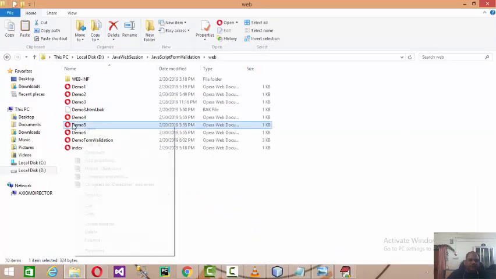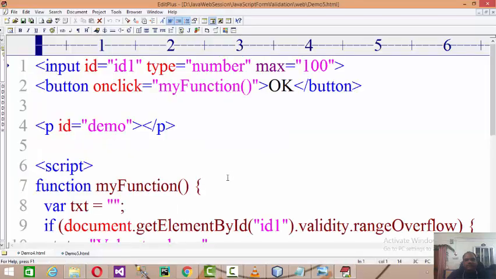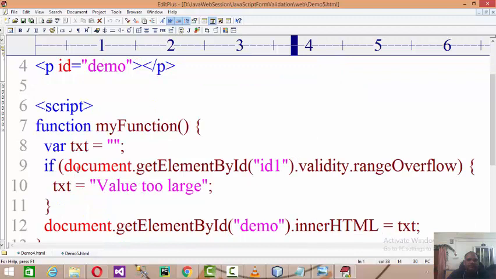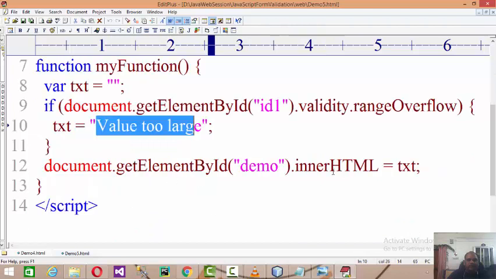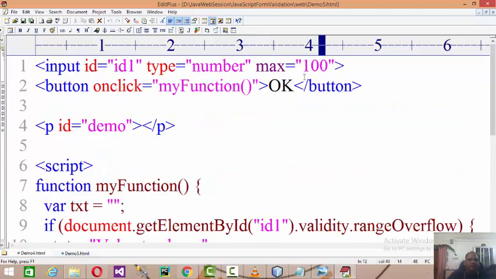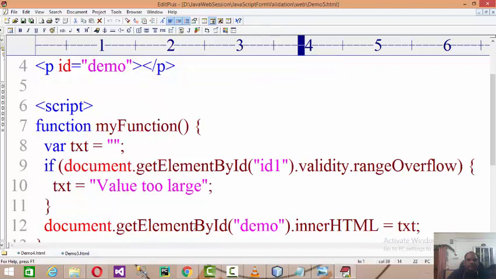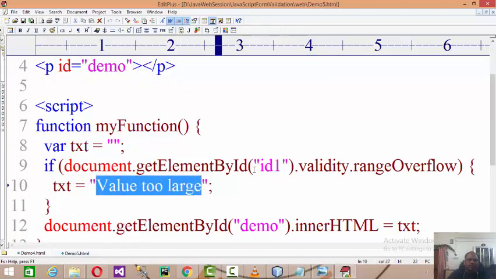Then the next one is again minimum and maximum, where the range is 100, and here document.getElementById validity rangeOverflow. If the value is too large, or if you set the maximum range as 100 and you enter any data which goes beyond the range, then it will say value too large.